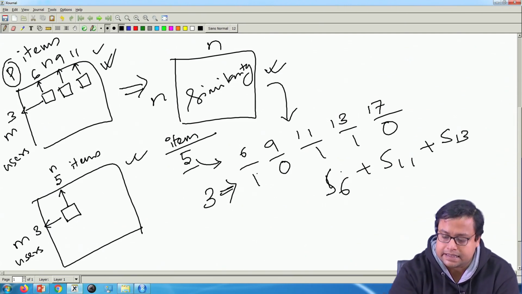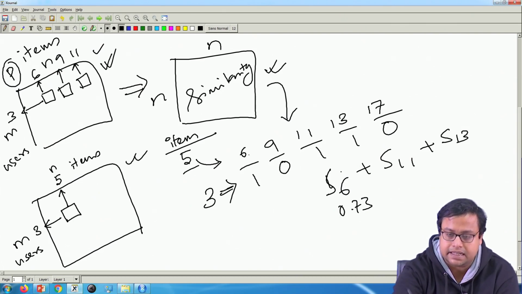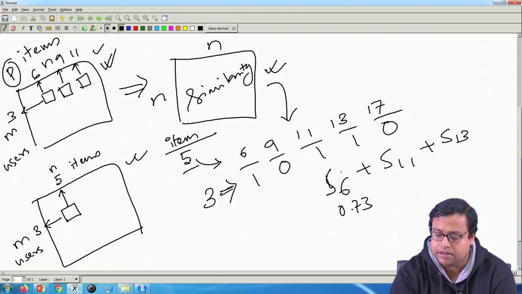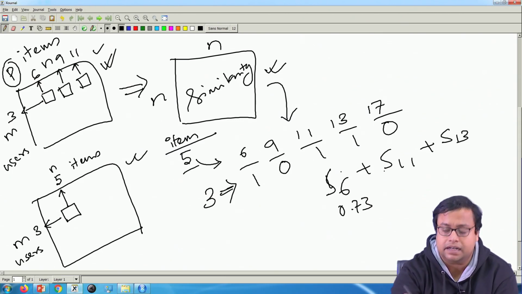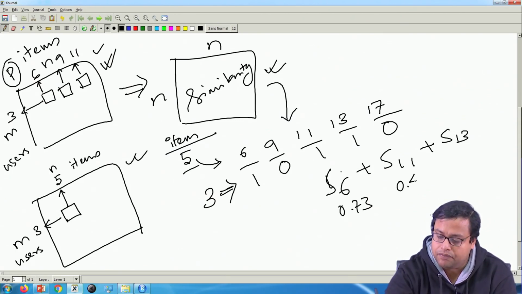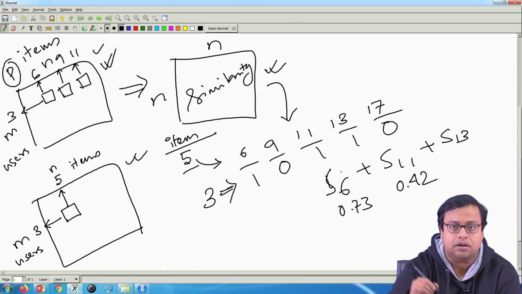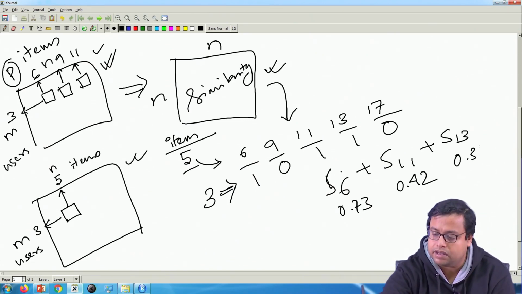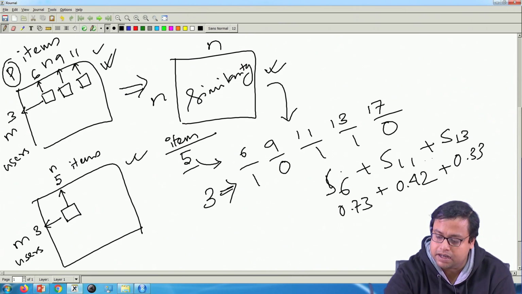Let us say item 6's similarity is 0.73, meaning the similarity of item number 6 with item number 5 is 0.73, item number 11 with item number 5 is 0.42 and item number 13 to item number 5 is 0.33. So, this is his net similarity score